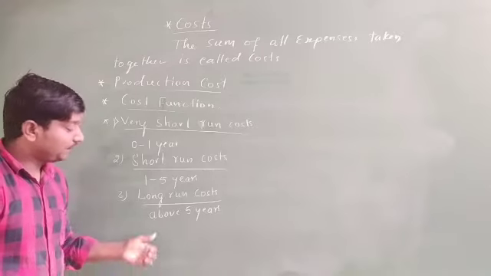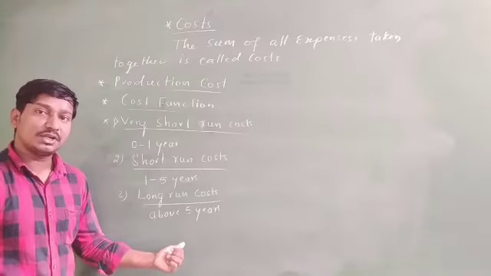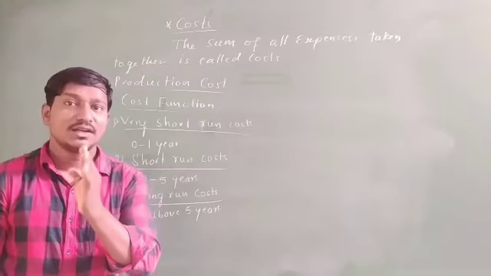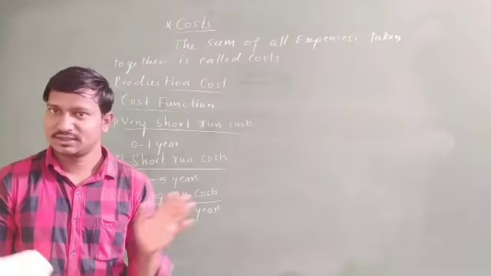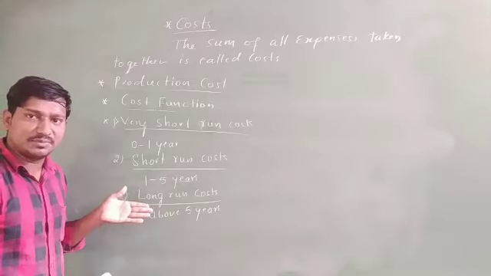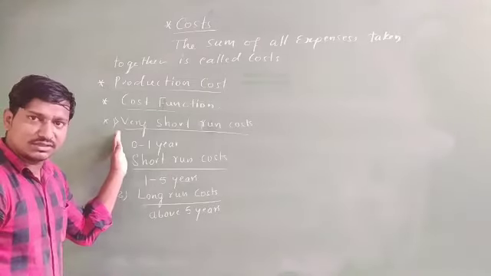Above 5 years. If the expenses which are incurred in the production are over and above 5 years, then we are going to call them long run costs. Clear? So on the basis of time period, the costs are going to be incurred in different time periods. That is very short run cost,